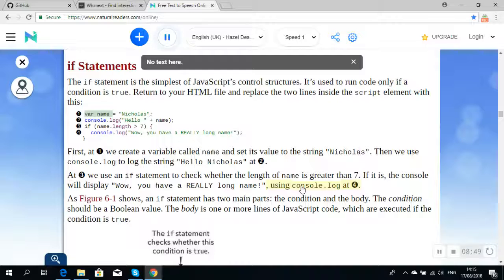Return to your HTML file and replace the two lines inside the script element with this: var name = "Nicholas"; console.log("Hello, " + name); if (name.length > 7) { console.log("Wow, you have a really long name!"); }